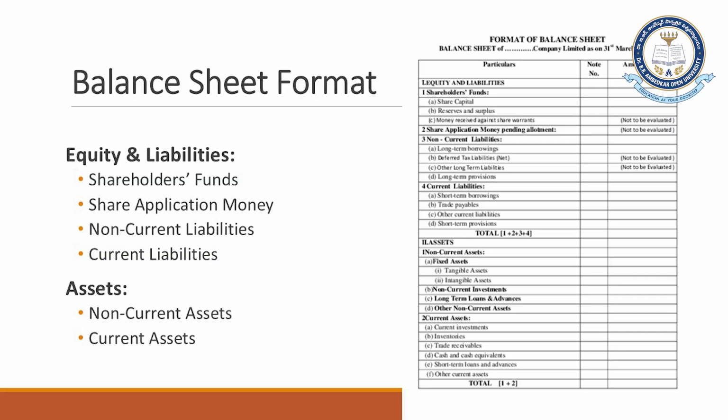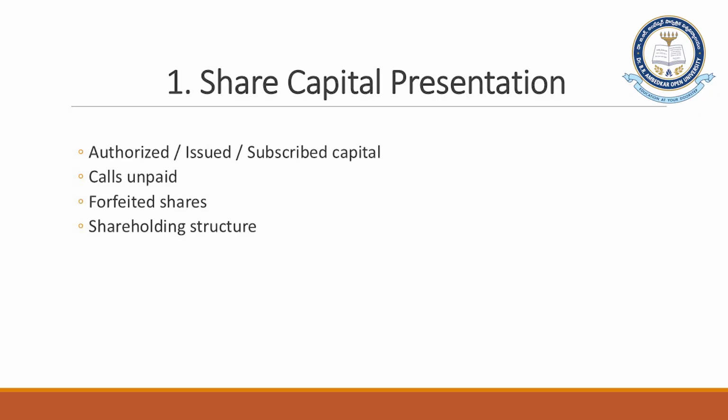Let's understand these. The first one, share capital presentation. Share capital is presented in 3 categories: authorized capital, issued capital and subscribed capital. These are 3 different capital categories in which the amount has to be entered. Then any calls which are asked but unpaid should also come in this place. Forfeited shares, any cancelled shares, will also come into this line. And